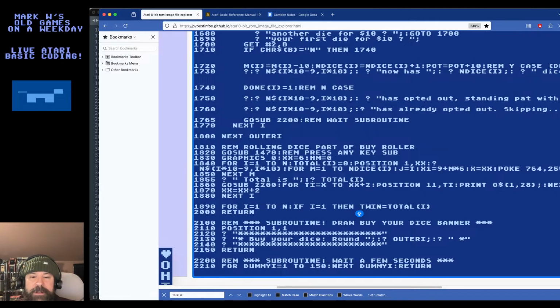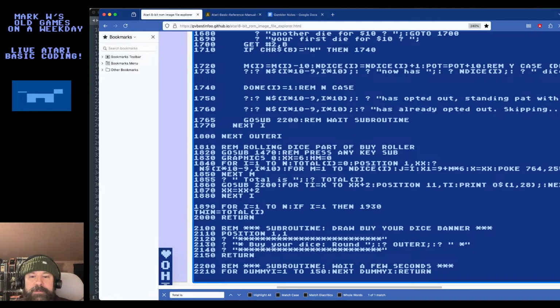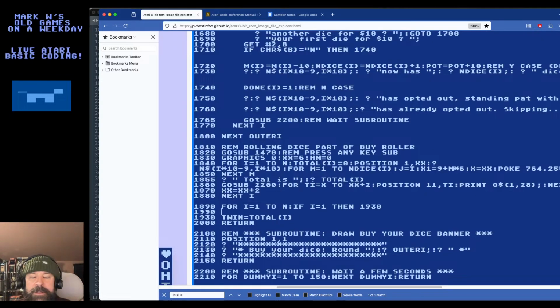We want to make this go elsewhere. Let's say, I don't know, for now, I'll say 1930. Then our else case is right here, 1990. If total I greater than T win, the temporary winning total so far, then oh,